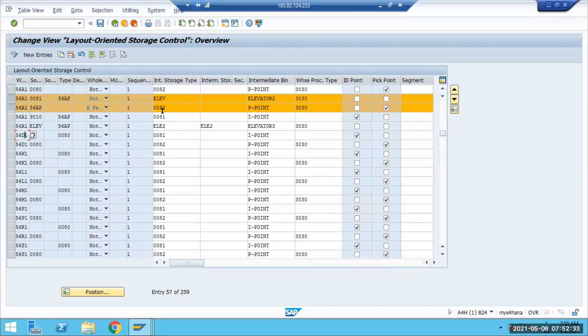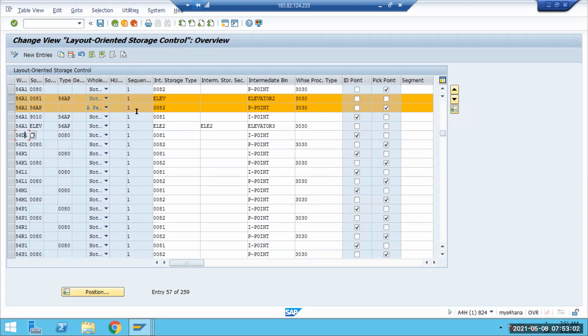To be on the safer side, if you put all 3 entries in sequence 1, 2, 3, then there is no harm. In this case, there is no need to make an entry. It would work fine. In that case, block it, as the other friend said. So suppose one is on maintenance, I can always put a block on that particular bin, whatever bins are on that elevator. So it will go to sequence 2. Correct. So let's say I am not using sequence 2, I'll use sequence 3 for that.